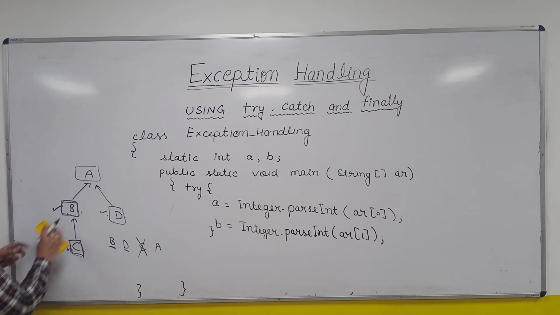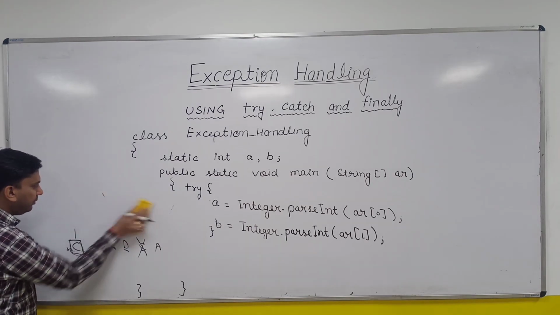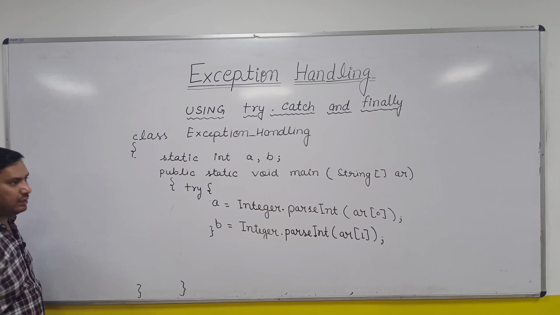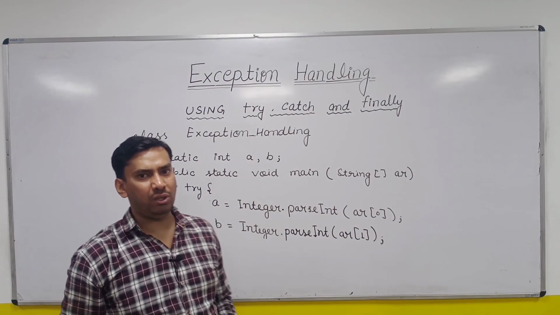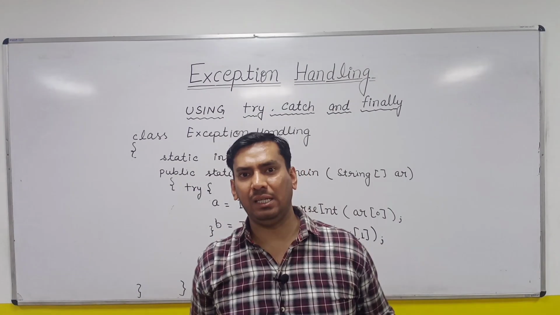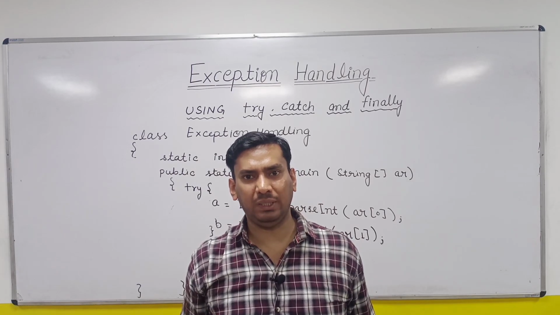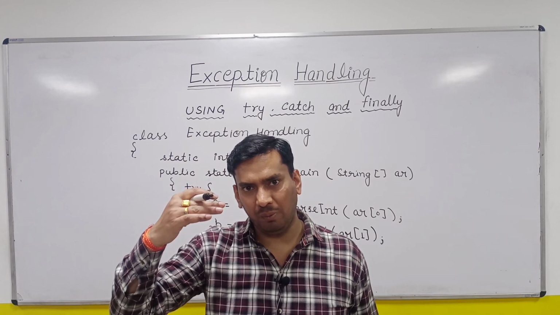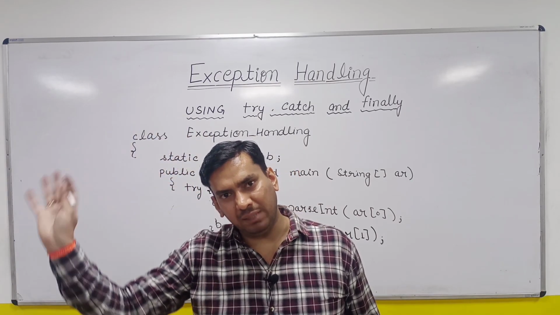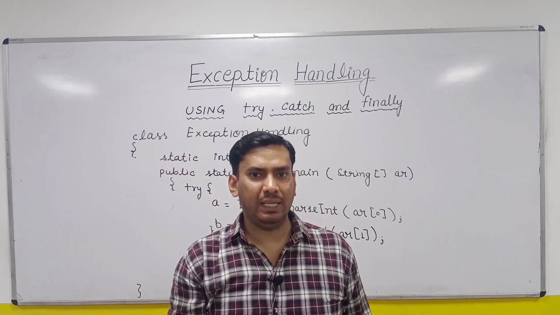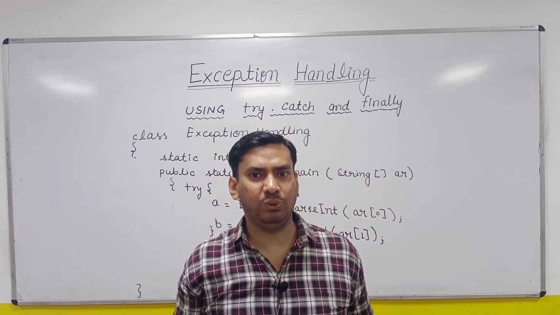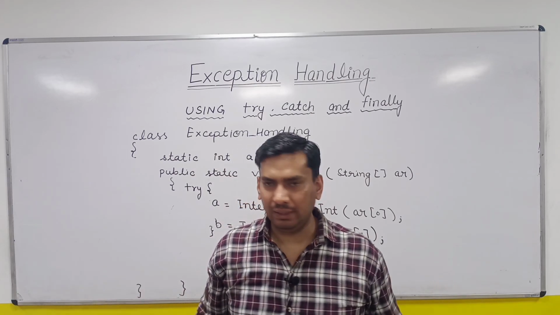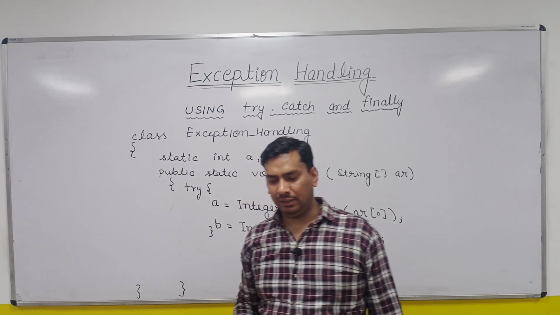Right? So this is how you are going to take care of the catch blocks. Means child type exception catch block should be written before the parent type of exception. This is a very simple and straightforward concept. The reason is, if you are writing the parent type on the top, then all the child types will be handled by the parent type, so the child type catch block will never get a chance to execute. Right? So that is a compilation error.